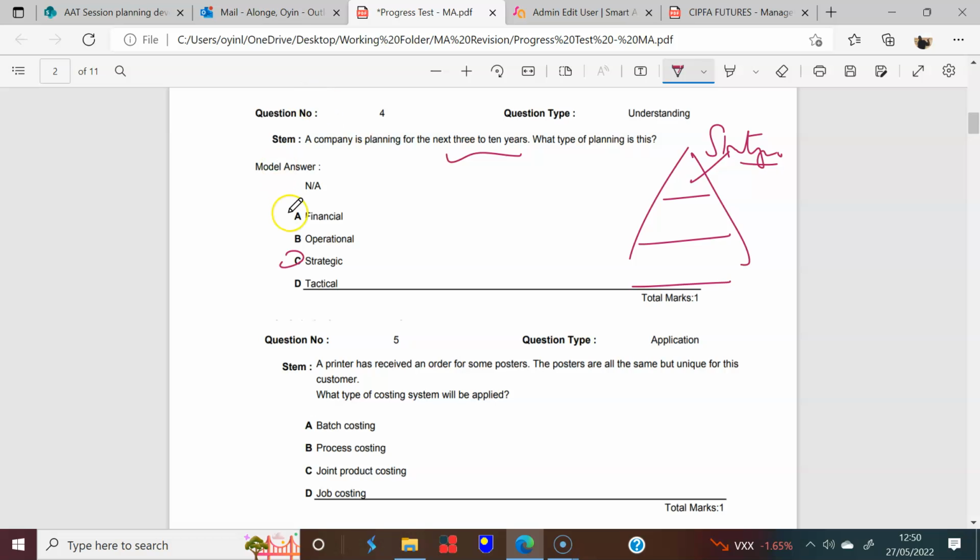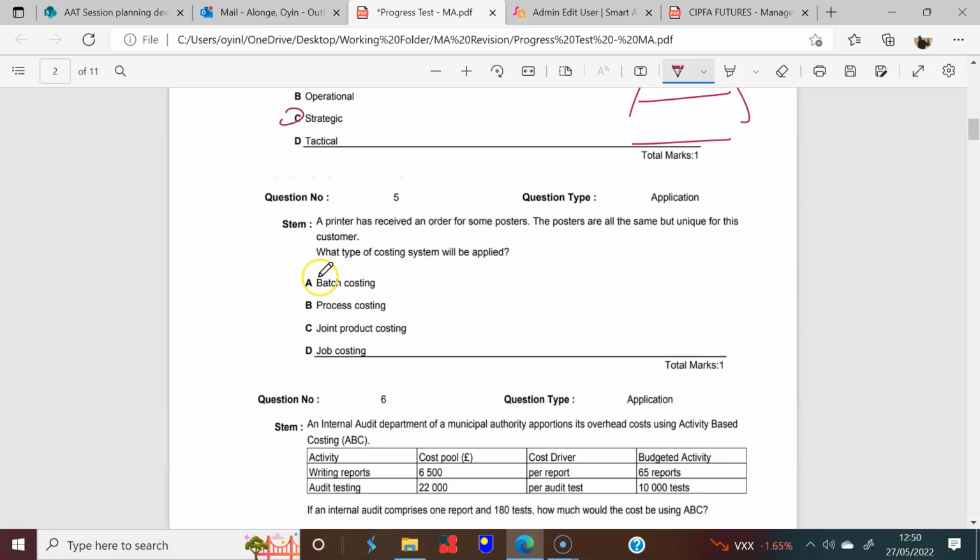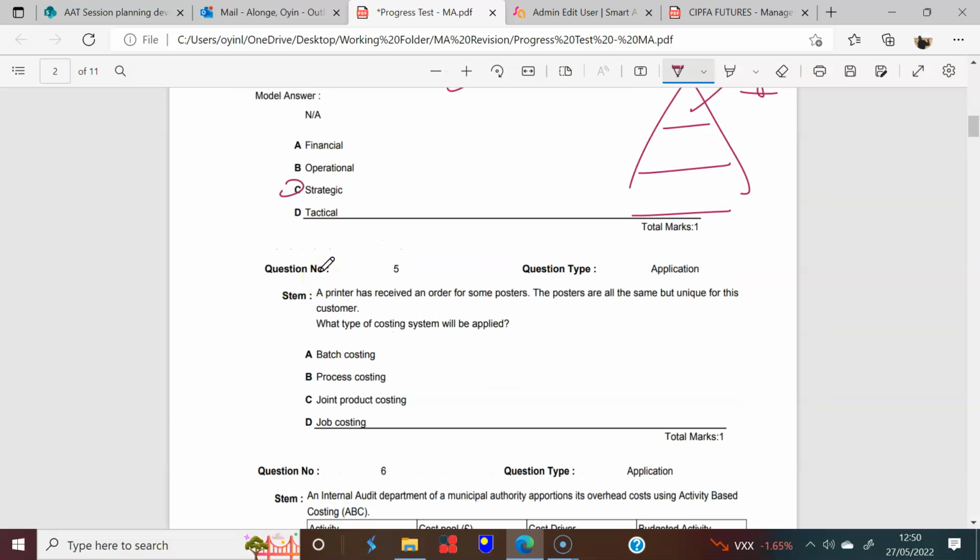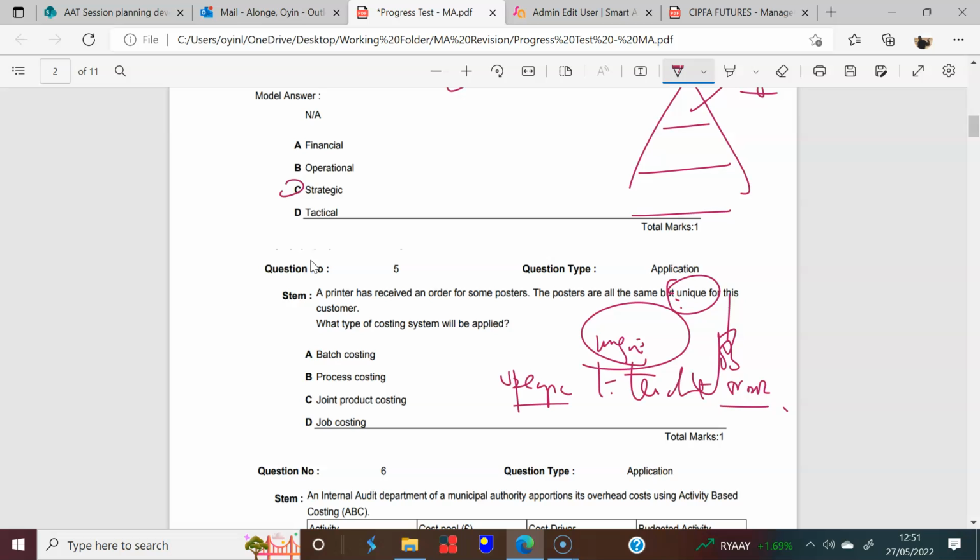And then in this first batch of questions, because I like doing them 1 to 5, we have here, yeah, I think what jumped out at me was the idea of unique. So once you're doing something unique, special for a customer, it is a job order, right? So a job really just means specific to the client. And so here it is a one-off job order, and so the answer here is job costing. Cool, great stuff. So that's question 1 to 5 of the progress review.